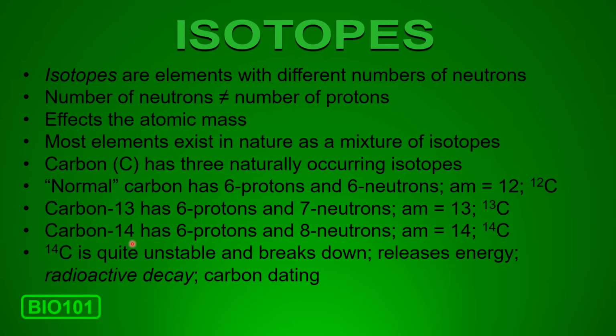Okay? Now, you're not unfamiliar with carbon 14 because you've heard of carbon dating somewhere along the way. Like when they dig up old bones or old dinosaur bones or whatever, they carbon date them. That's using carbon 14 for that process. So carbon 14 is quite unstable, breaks down, releases energy when it breaks down, and we call that radioactive decay. And so carbon 14 is used frequently in carbon dating or dating old stuff,